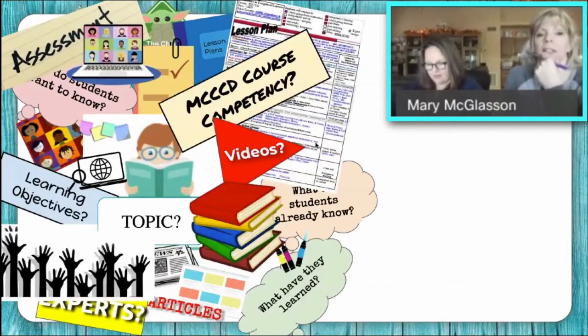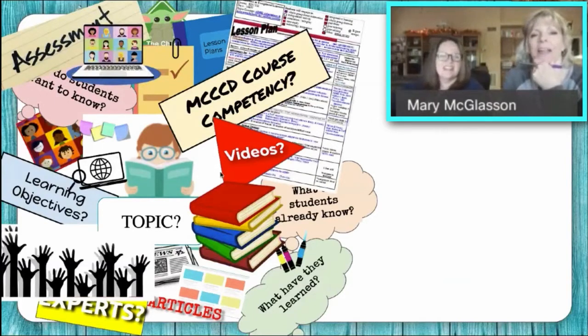So this is more what my house looks like for my lessons. Just piles and piles of stuff that a lot of us have. And even back on campus, I have stacks of stuff like this on my desk. I have articles and papers and books that I've ordered and all kinds of stuff that I need to get